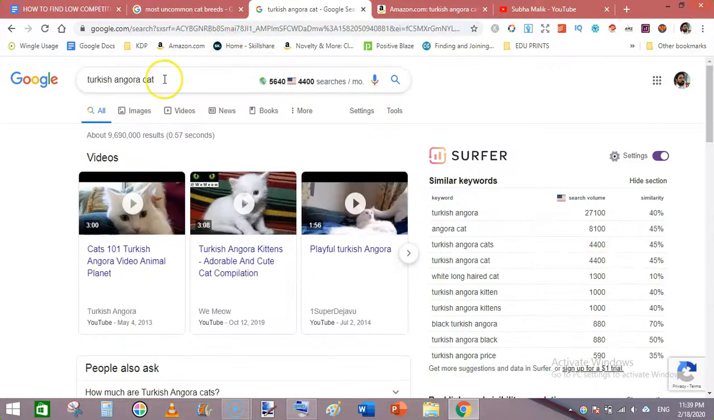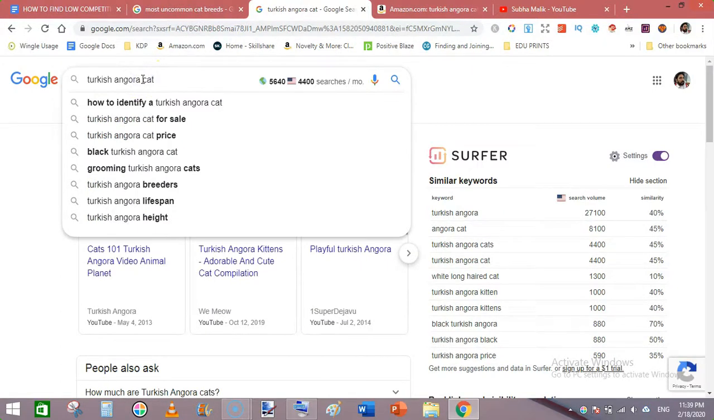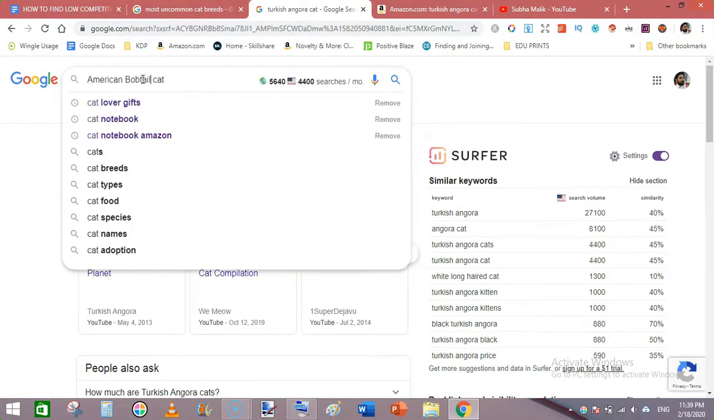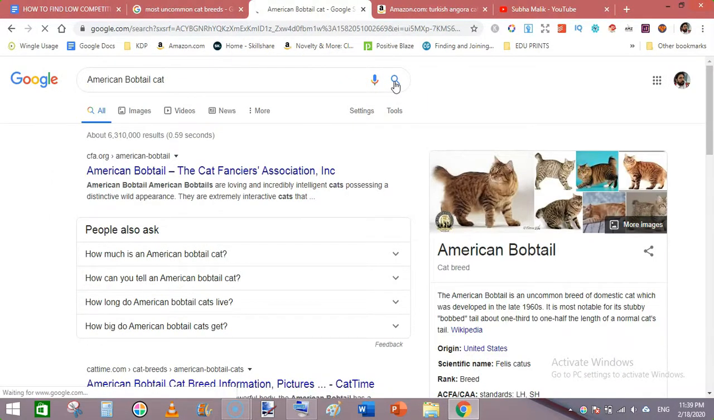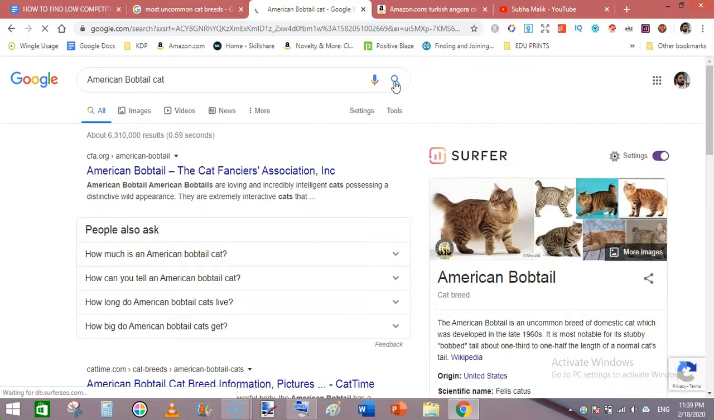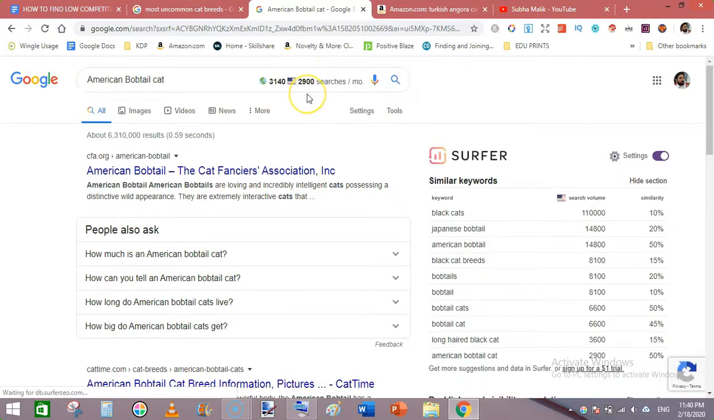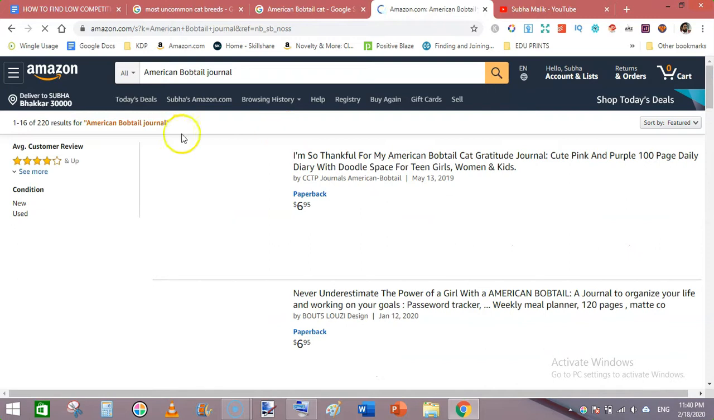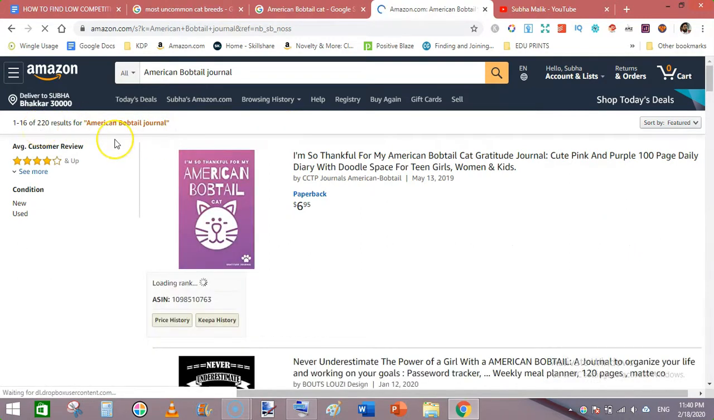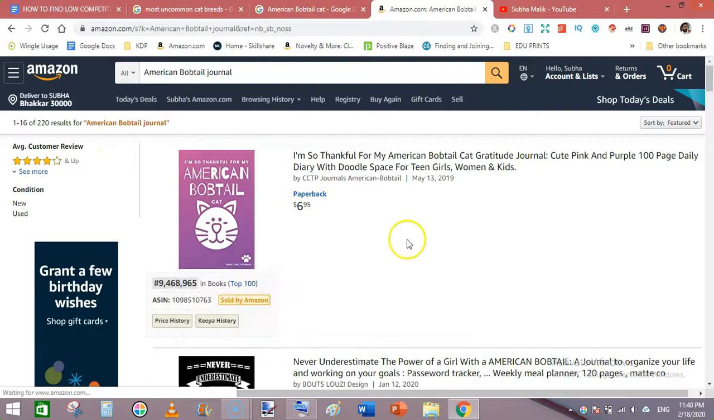Now go to Google and replace the keyword and see if it has a search volume or not. It does have a search volume of 2,900 in the US. So let's search it in Amazon. It has only 220 search results, and it has BSRs, but